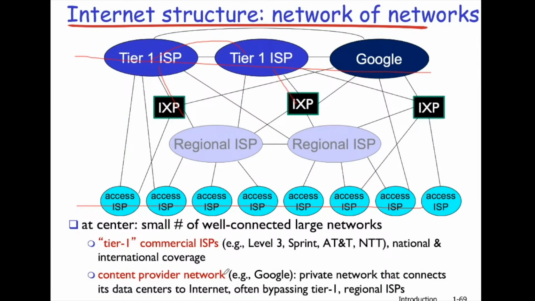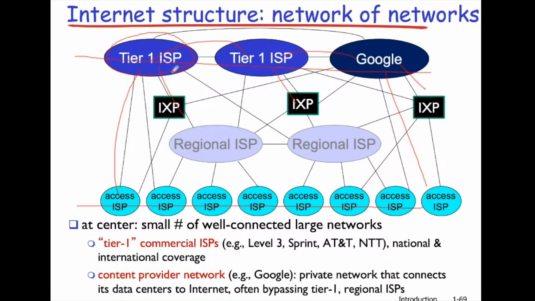Content provider network somewhat different. They connect to the local access ISPs and IXP. All right. But keep in mind, this is not exactly absolute. Some Tier 1 ISPs might also have access ISP connections. Google here, if this Tier 1 ISP offers a fair price, might also establish a connection. All right. Good. Now, the final slide is just to give you a rough idea what's inside a Tier 1